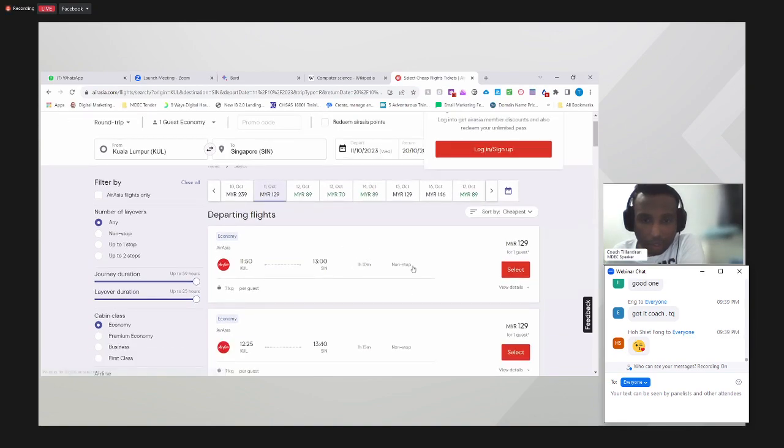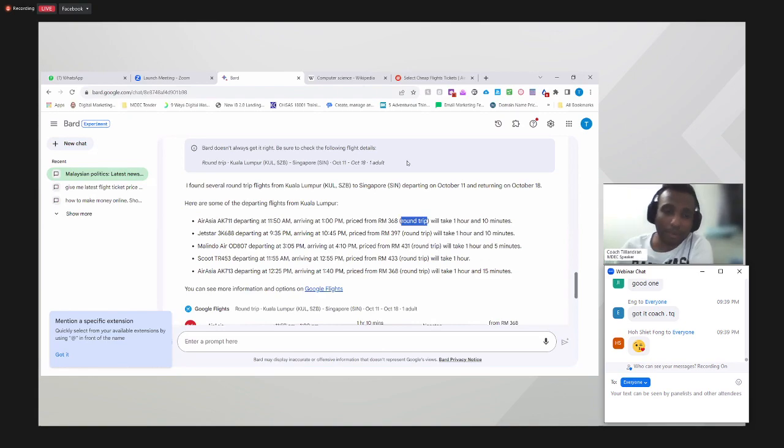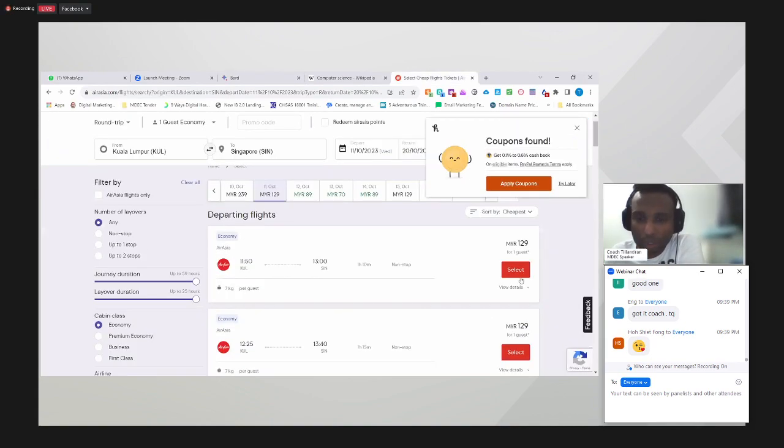Okay, so if you see here, you might see the price is 129, but you must remember the price quoted here is for a round trip flight. That means pergi dan balik. So if I choose this one, let's say the cheapest one, roughly,